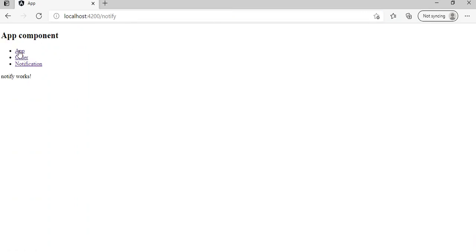Click on the app, it is working fine. Click on the notification, it is working fine as expected. If I click on the order, see, it is not working. And see here in the URL section, the route is also not changed, the part of the URL is not changed. That means it restricts the access of the route because of this false return.